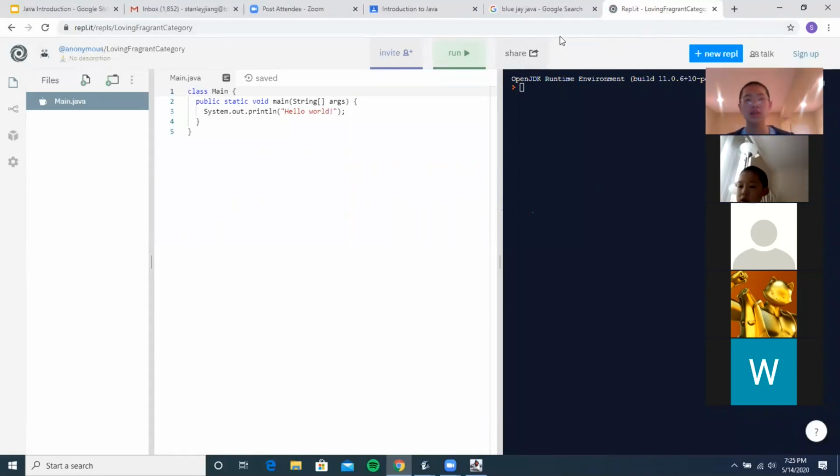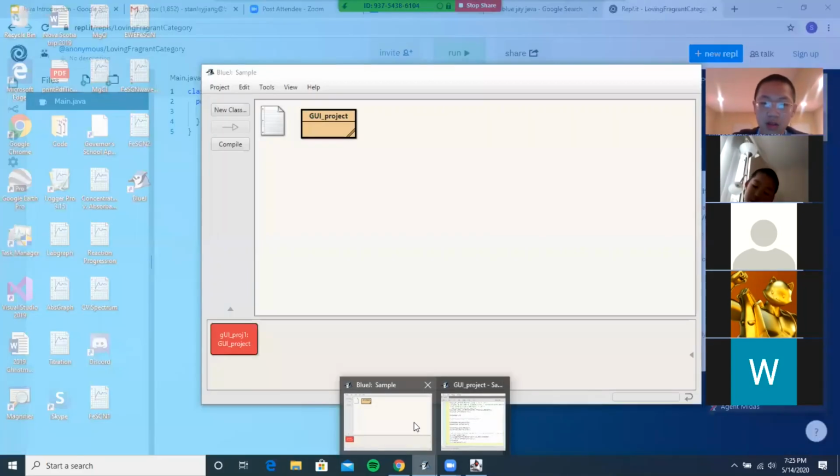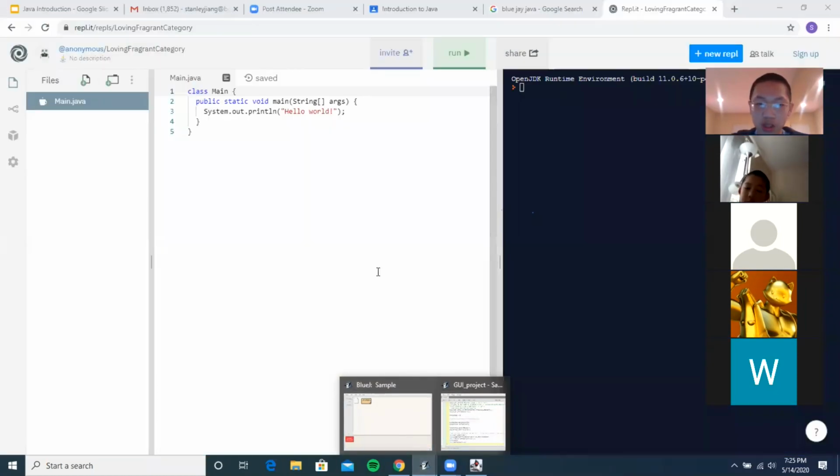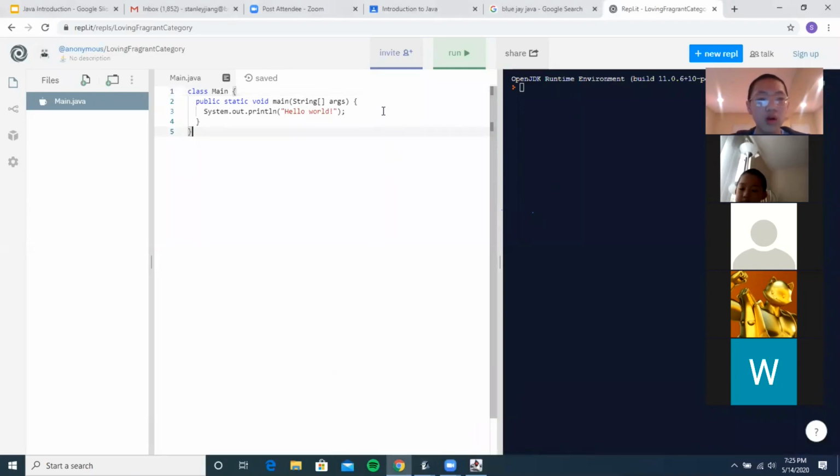Okay, so hopefully you guys have all done that already. Some parts of the code here: this is the class Main, similar to what we have here, but on repo.it you are only allowed to create one class, and it's not as visually friendly for users to see.